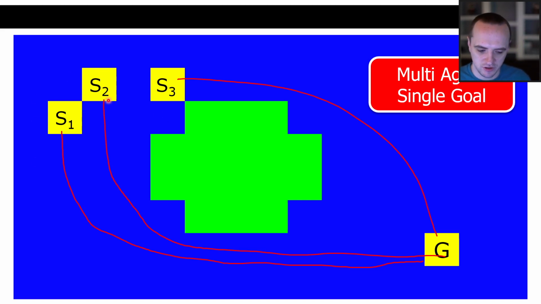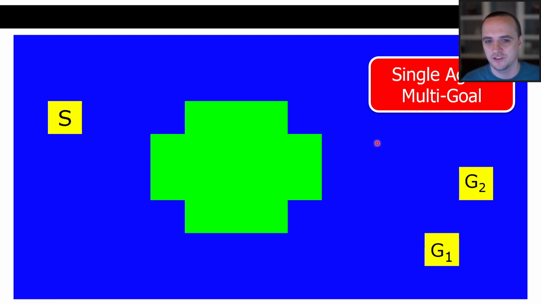The problem with that is that there might be a lot of these things, right? In assignment 2, I will show you my multi-agent single goal solution that can pathfind, I don't want to say infinite, but hundreds of thousands of entities towards a single goal, okay? If you're writing a game like Diablo or Path of Exile, we will be essentially writing the movement system for a game like that in assignment 2. And you don't want to do 100,000 instances of A*. Trust me, that would not run in time.